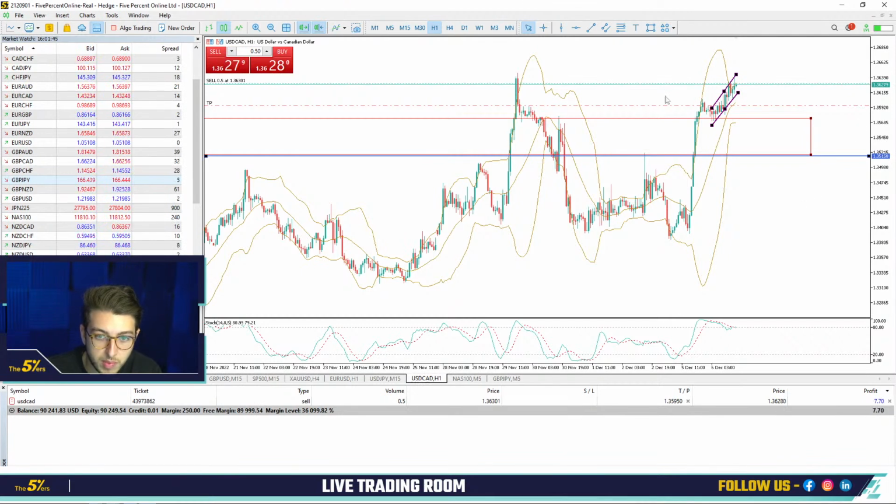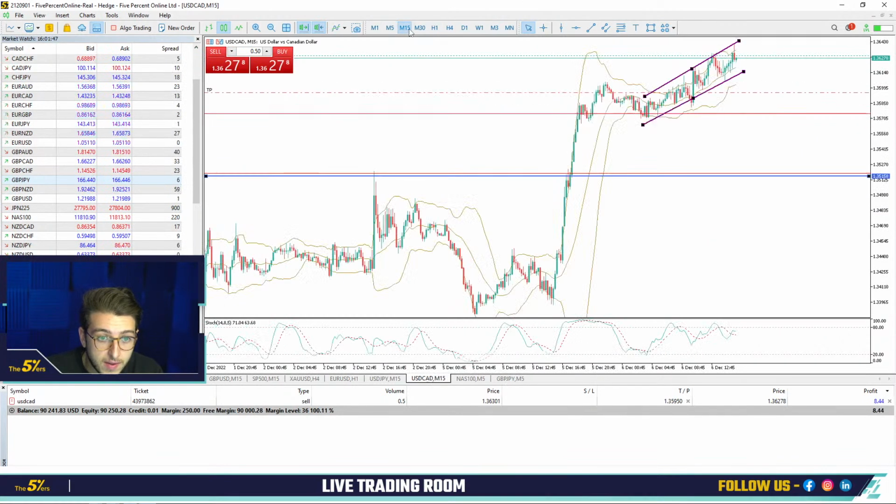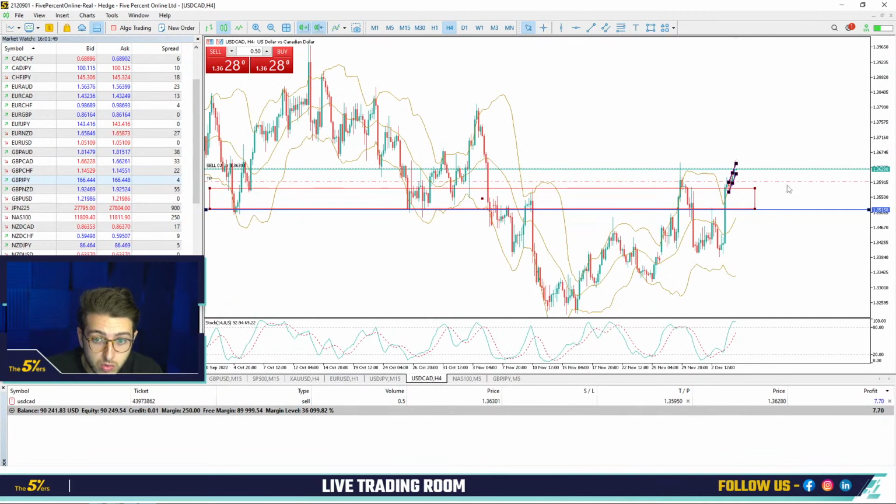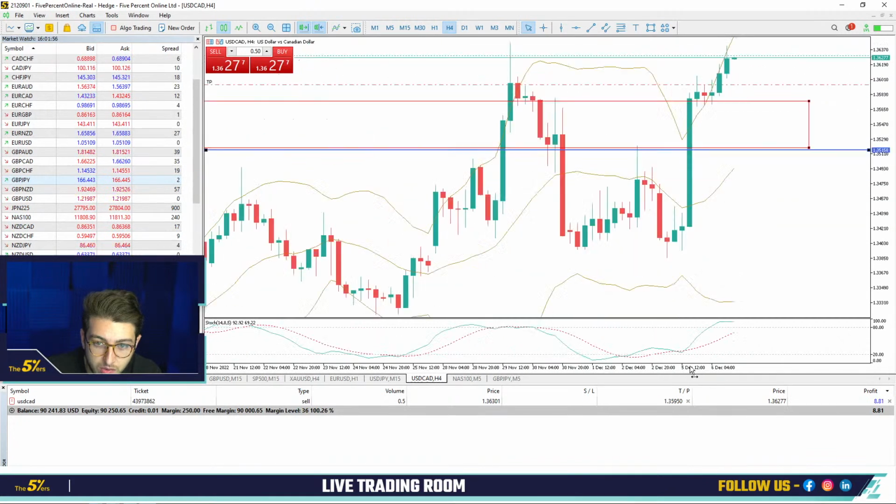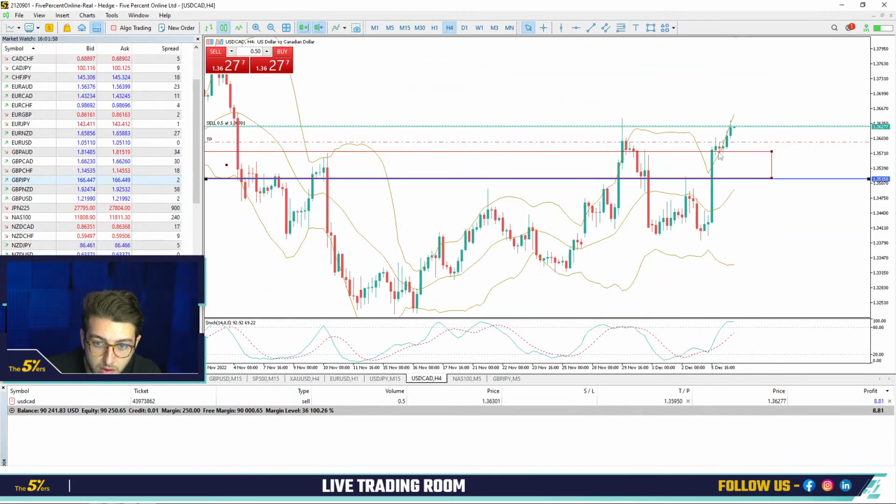Okay, here on dollar CAD, just look at the chart. We had an overextended movement, as we can see very clearly. The market has created demand, behaving at the 20 standard deviation. So for me, it's a spot that I also explained yesterday, but this is a spot where buying is not what I'm looking for. So in that case, I will not buy.